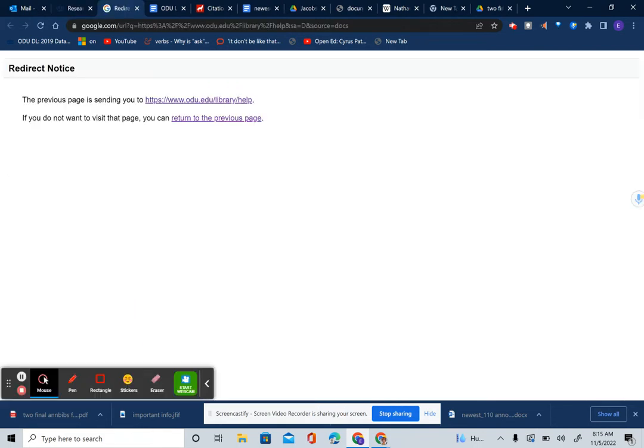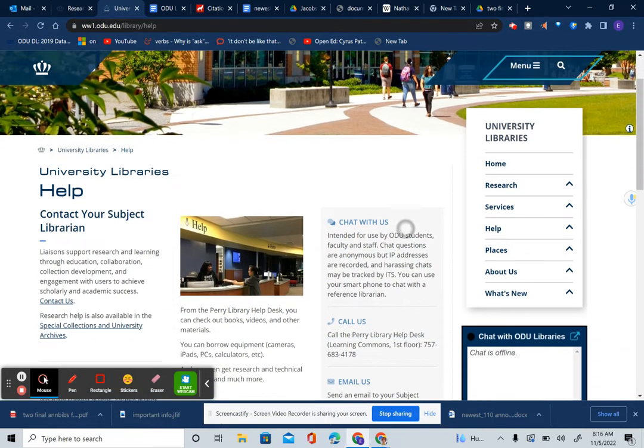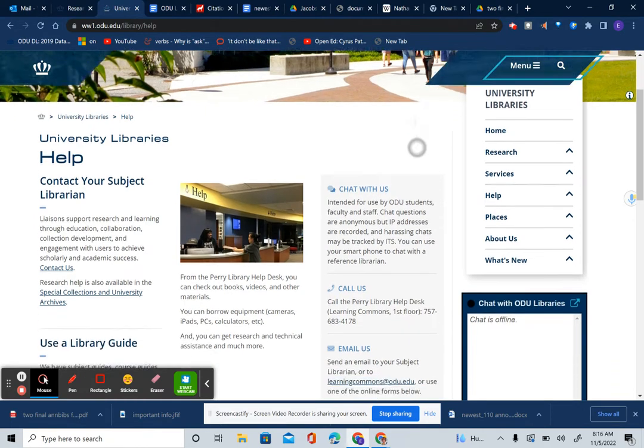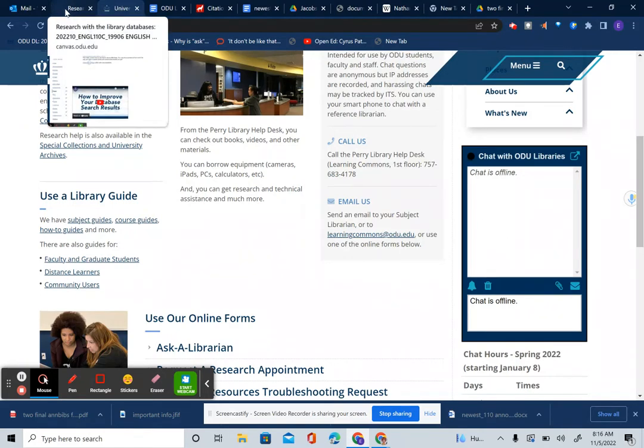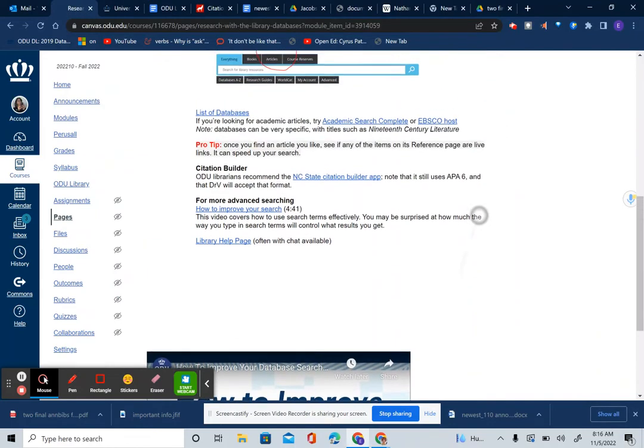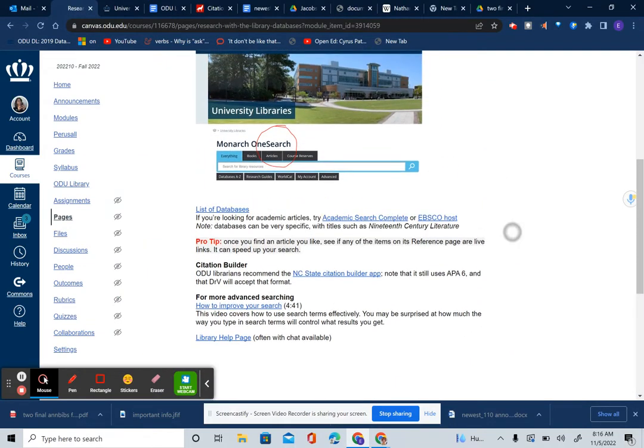Let me just open that up and show it to you here. Might take a second to get over there. And you can see right here that there is a chat that you could do, and you simply go over here and use the chat. It's offline right now because I'm doing this early on a Saturday morning and they're not open at this exact moment. When you get into the actual library,